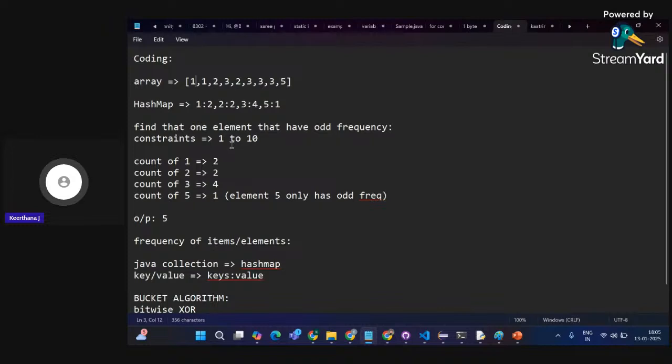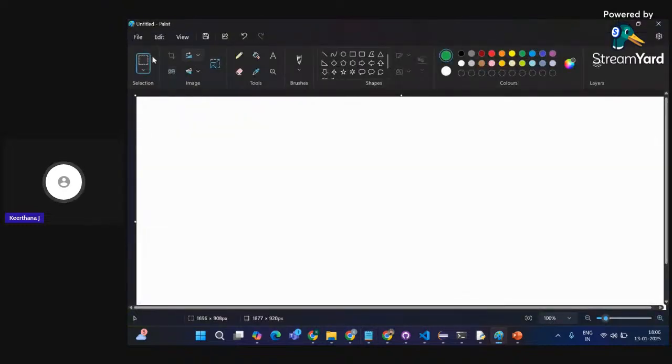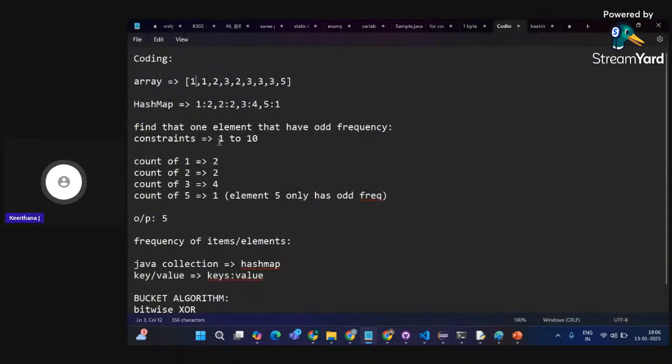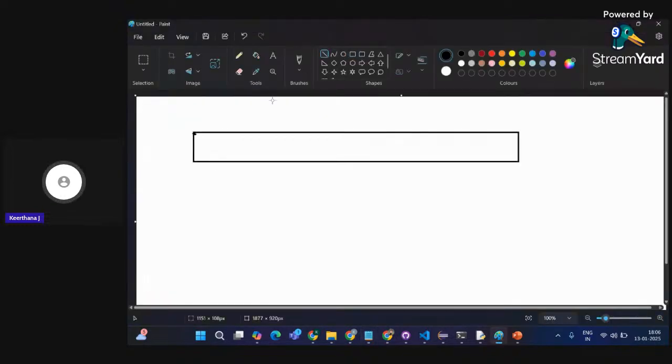So here, for example, I'm going to have a constraint that the numbers present in the array are going to be from 1 to 10. I'll just tell you the logic. This is going to be my original array, and my numbers will be from 1 to 10, right? So what I'm going to do is create an array of size 10, because the range in which my numbers will lie is only from 1 to 10. So I'll be creating a bucket array. The bucket is also an array, which contains 10.